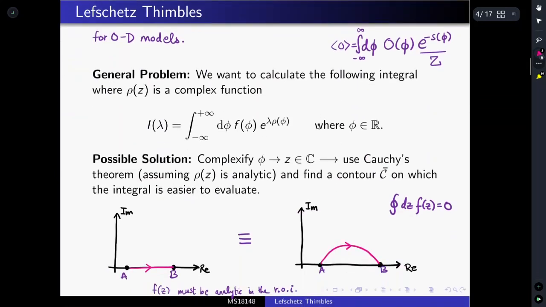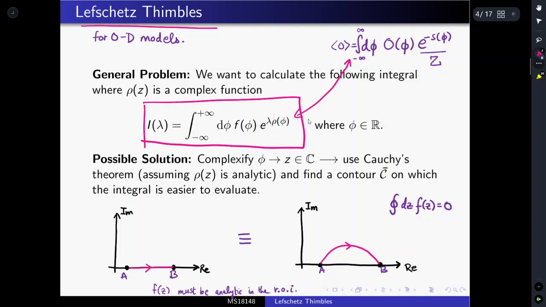So now I'll be talking about one of the methods that has been recently proposed to tackle this problem, which is the left shift symbol method. And just as a disclaimer, I'll only be talking about zero-dimensional QCD models here. So I'll first start with a much more general problem. Let us say that we want to evaluate this integral I, which has a very similar structure to the expectation value integral that we had here. The function rho here, that is the exponent, is a complex function, and it has the same problem that we have a lot of oscillations.